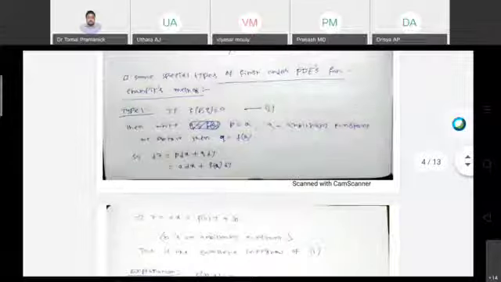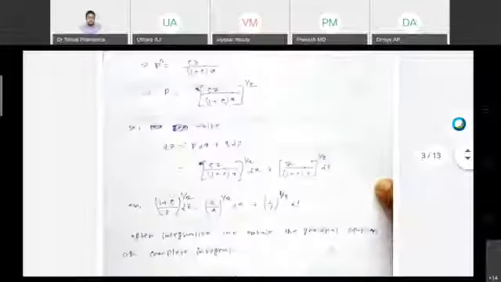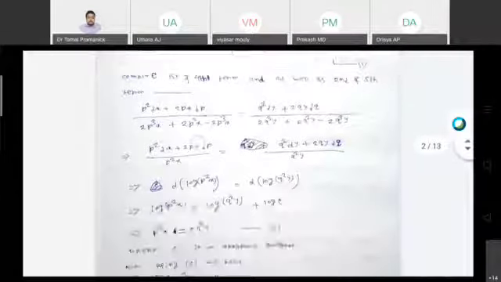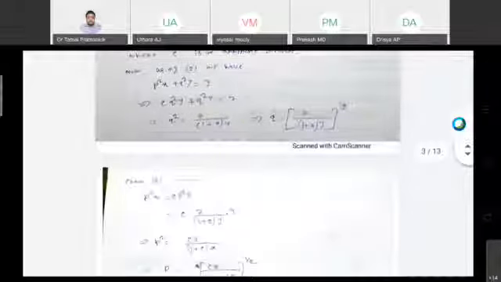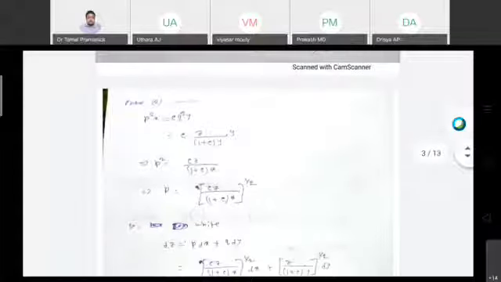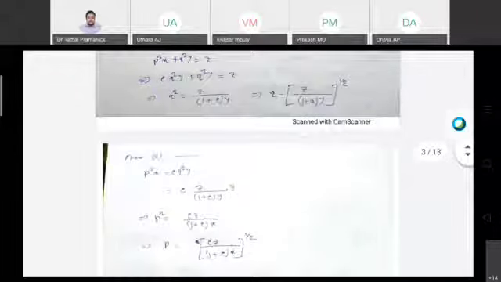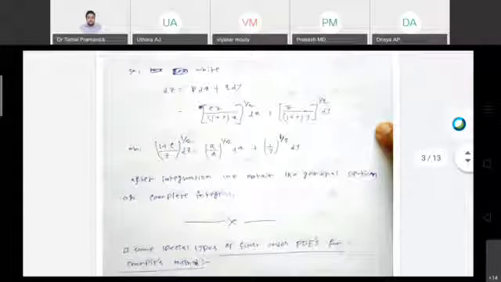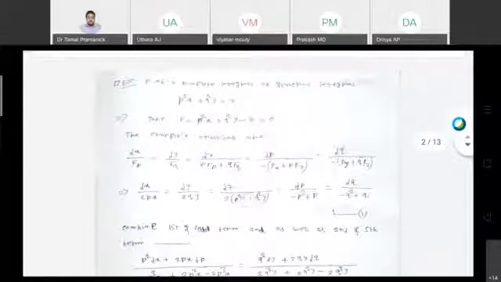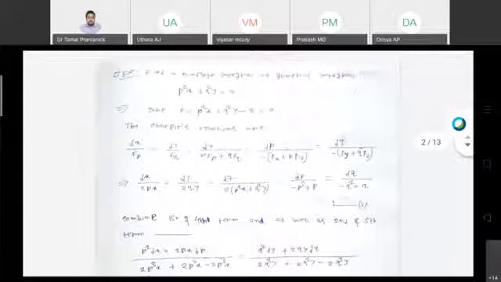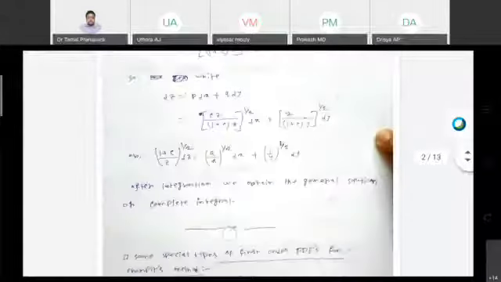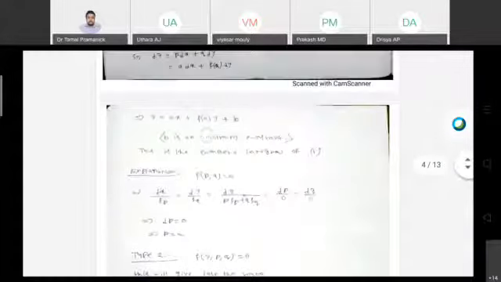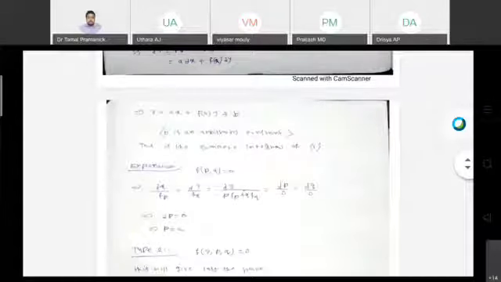So how is this coming? This comes basically from Charpit's rules. After doing all this procedure, you will get the p value as a and the q value as some f(a). So if you can remember this, you don't have to do the whole Charpit procedure for this special type. Directly put p equal to a, q equal to f(a), and you will get z equal to ax plus f(a)y plus b.